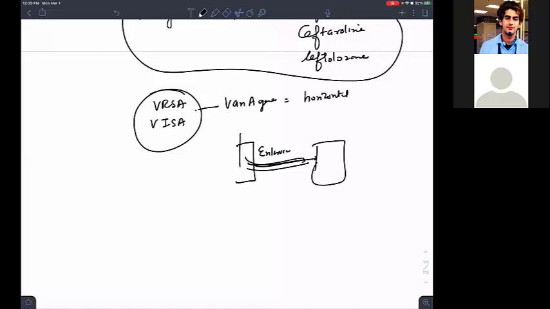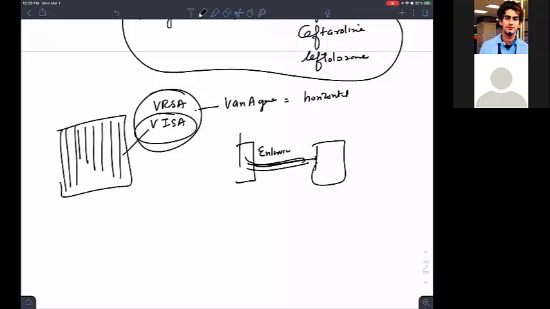So what about VISA? Who is giving VISA? VISA is not given by anyone. It is due to Staph aureus synthesizing more cell wall, making the cell wall thicker. So the increase in thickness of the cell wall is due to VISA, but VRSA is because of the conjugal transfer from Enterococcus faecalis. How will you treat these two resistances? Directly linezolid, or you can give telavancin. Will you give vancomycin to these two strains? No, sir. Can't give vancomycin. Are we able to understand?